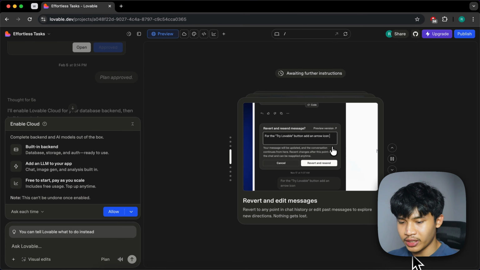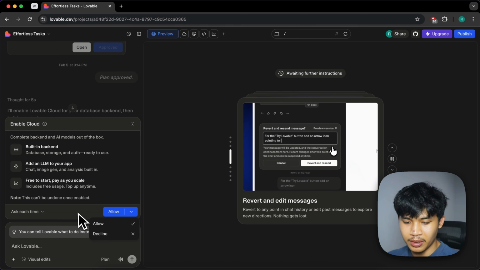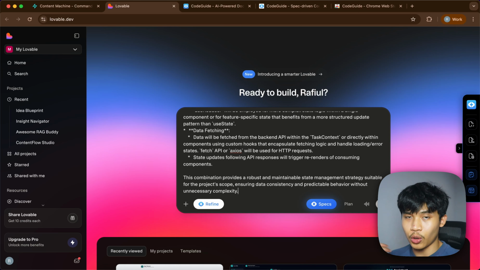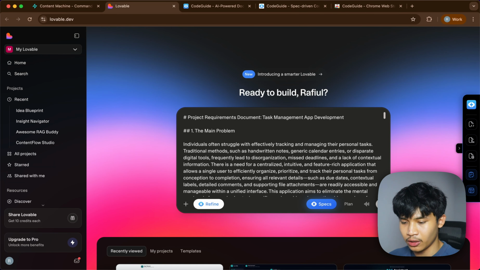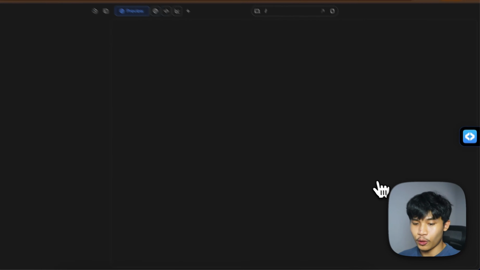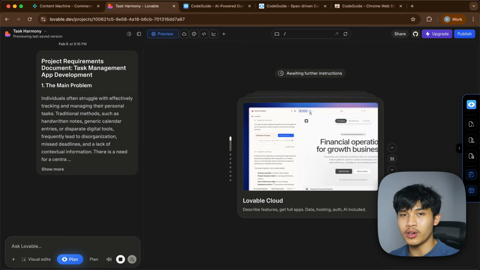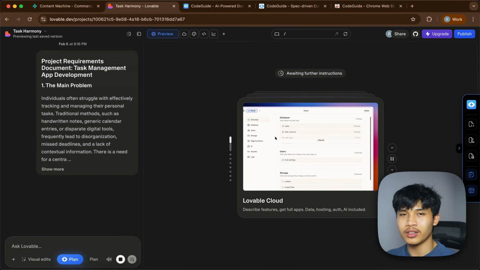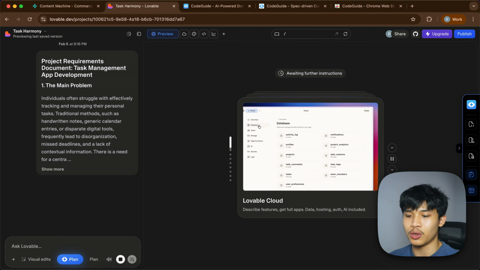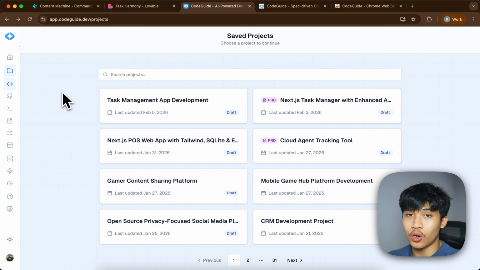On Lovable's approach, it is running everything now. Let me just make it always allow and press allow. So that will start everything to be built. Now on CodeGuide's approach, this tech spec does already look good, so let me just start by clicking this submit button. But of course, if you want to expand it even more, you can also enable the plan mode on Lovable. That will go through the questions like before, in case you want to clarify things even more. Since you created the documentation on CodeGuide, you can access them on CodeGuide's app, and